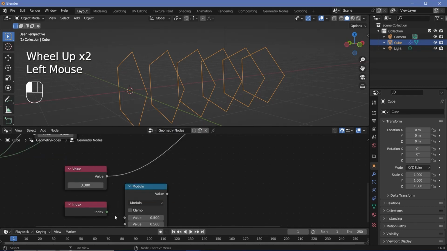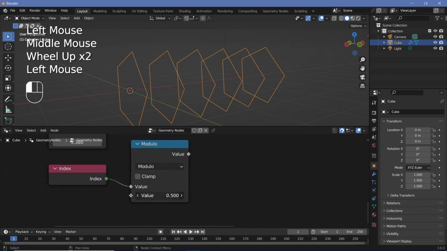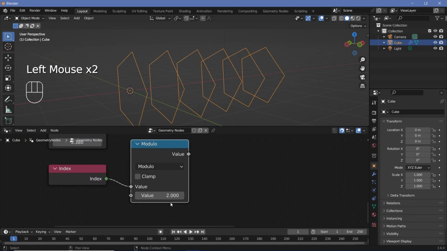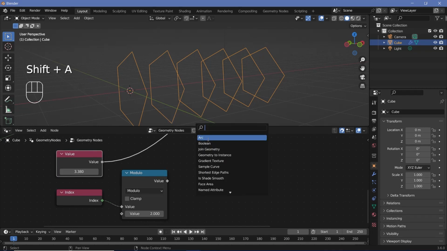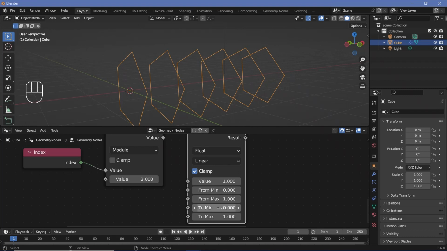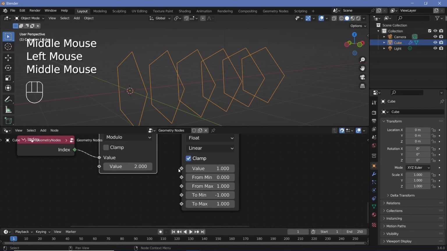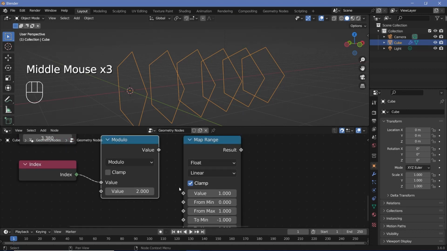Now we can plug this index value into the first socket, and the second socket we can change to a value of 2. So modulo returns the remainder after division, so the index is going to be divided by 2 and the output is going to either be 0 or 1. Since we want this to be multiplied by -1 or +1, what we can do is we can search for a map range node, and we can change the toMin to -1. That way, if this output is a 0, it'll become -1, and if it's a 1, it'll remain as 1